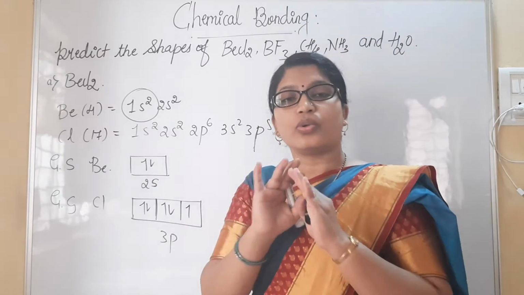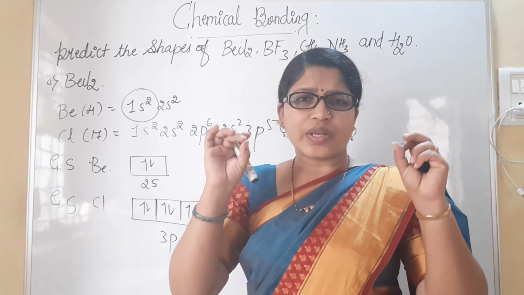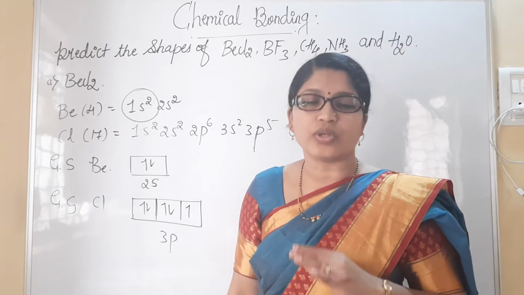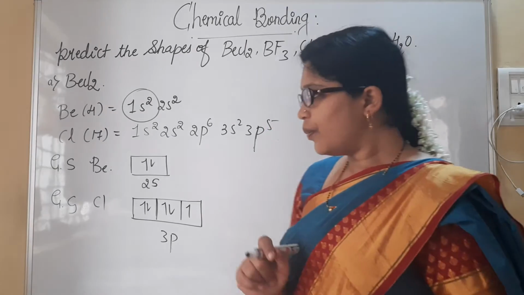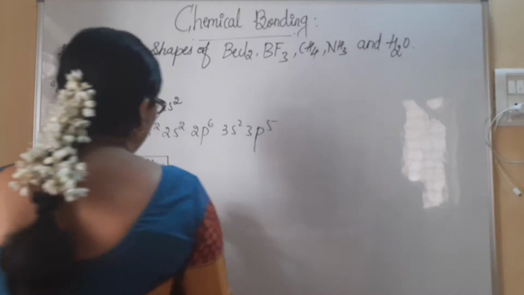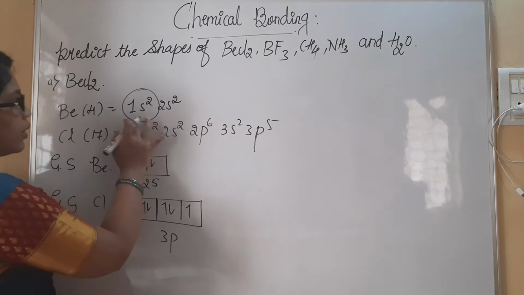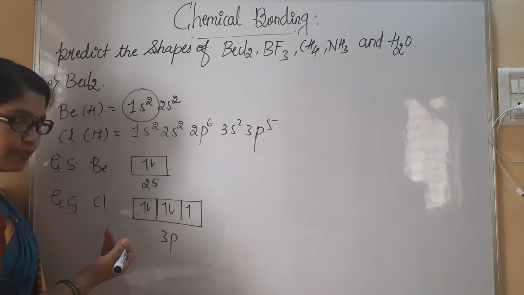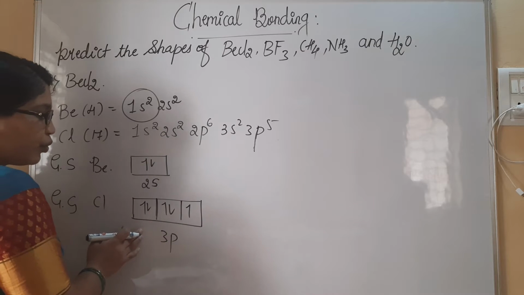So don't worry about that. I will give you a very nice explanation of hybridization soon after the completion of this. Now, just remember that these s orbitals of beryllium will undergo hybridization because I have 2 of